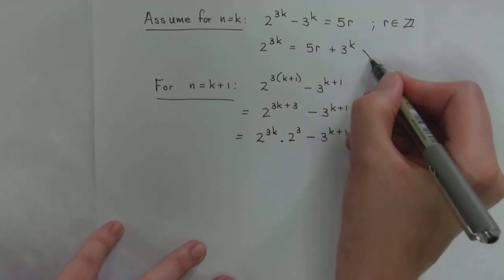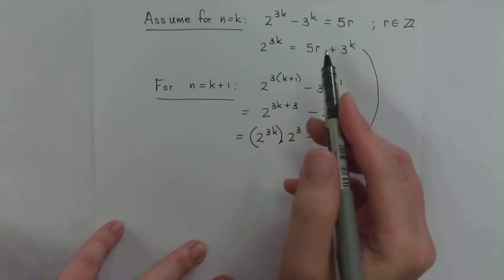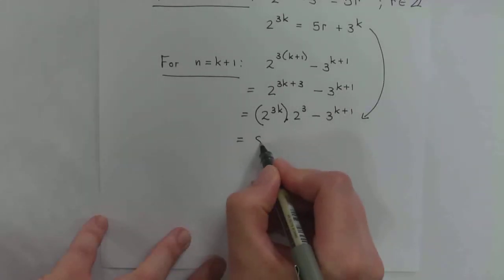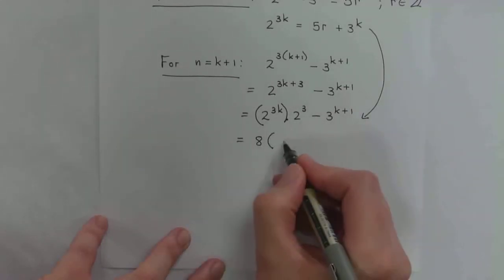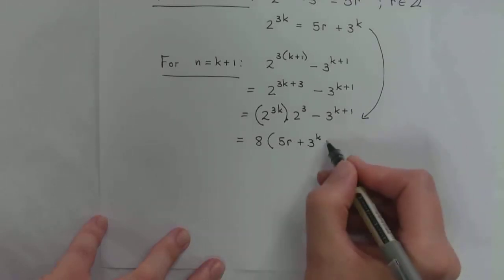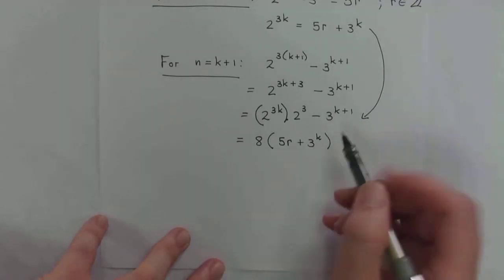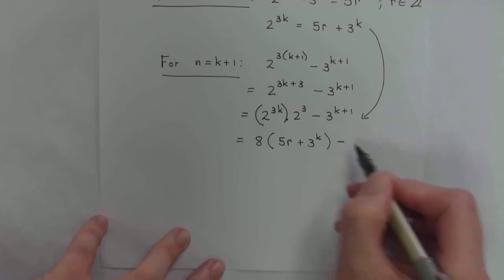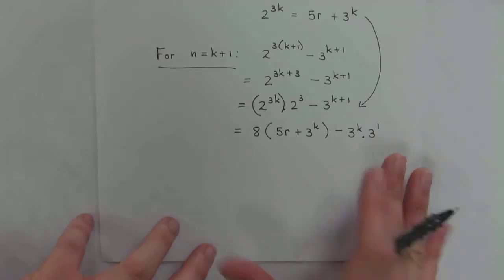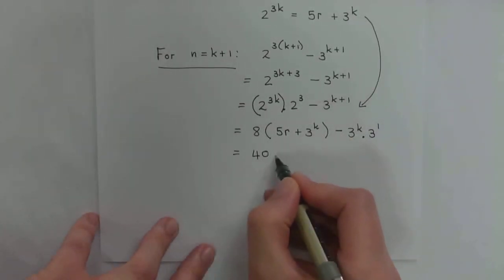And that's where I can now use my substitution to substitute that right there with 5r plus 3 to the power of k. Now again, I'm just going to take 2 to the power of 3, which is 8, and move it to the front. And then I'm going to substitute that with 5r plus 3 to the power of k. And you might want to break this up, and you'll see just now why it's a good idea to break it up. So I'm going to say it's minus 3 to the power of k times 3 to the power of 1. Now when I do this distribution, I end up with 8 times 5, which is 40r,